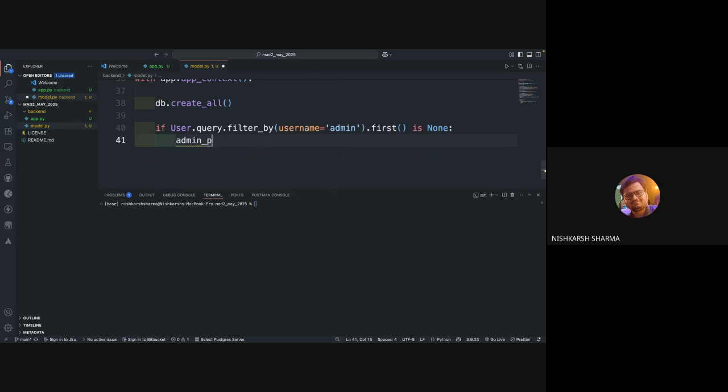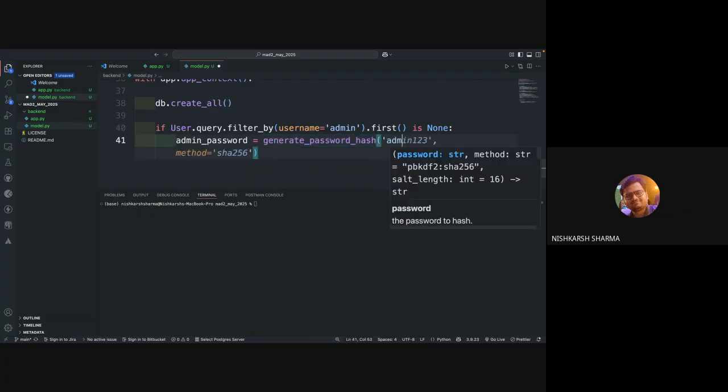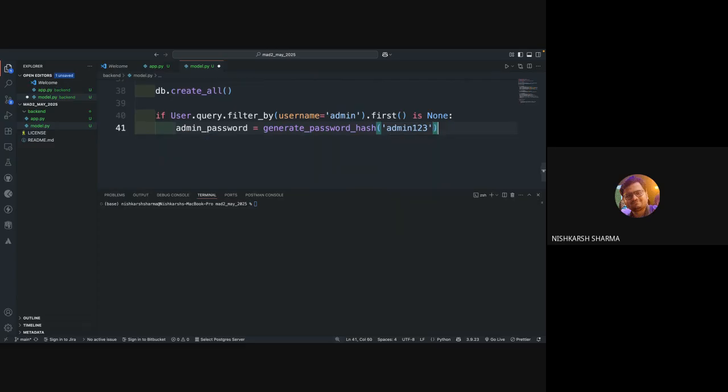Admin password equals generate password hash. What it will do is save the password in a hash format, a particular format which by normal means we would not be able to identify. Then we would use admin equals table, username equals admin,